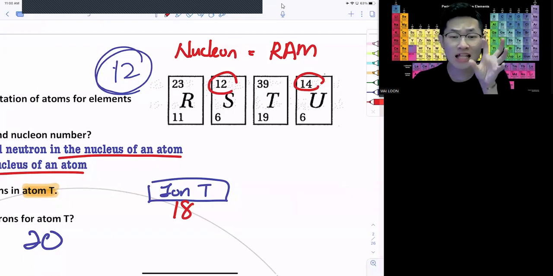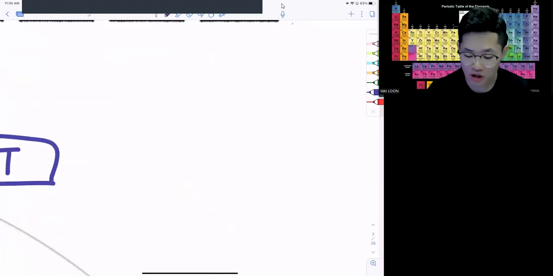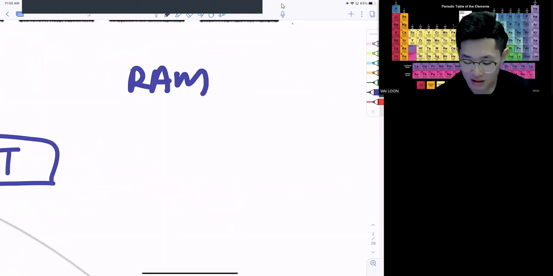Because in an atom, in your syllabus, the mass of an atom totally comes from protons and neutrons. Because the electron, the mass of an electron is very light. The mass of one electron, yeah, guys, is